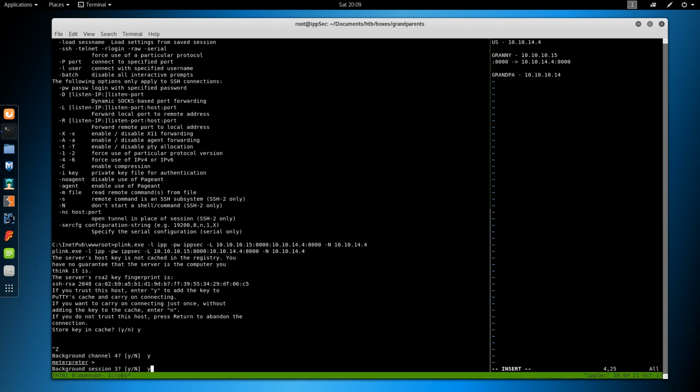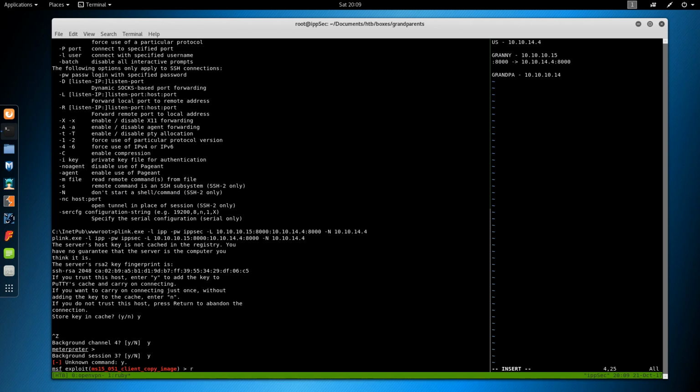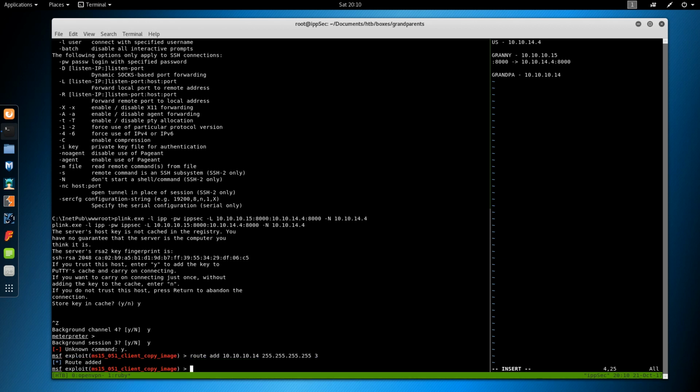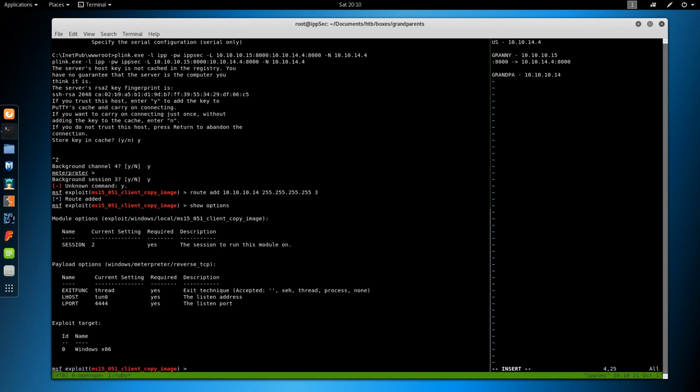So we can background session 3. We're going to add a route. So route add 10.10.10.14, which is Grandpa. And we're going to say the subnet mask all 255s. So for any connection to this IP and this IP only, that's what the full subnet mask means, forward it through session 3. And now, when we do show options, we're going to set lhost to